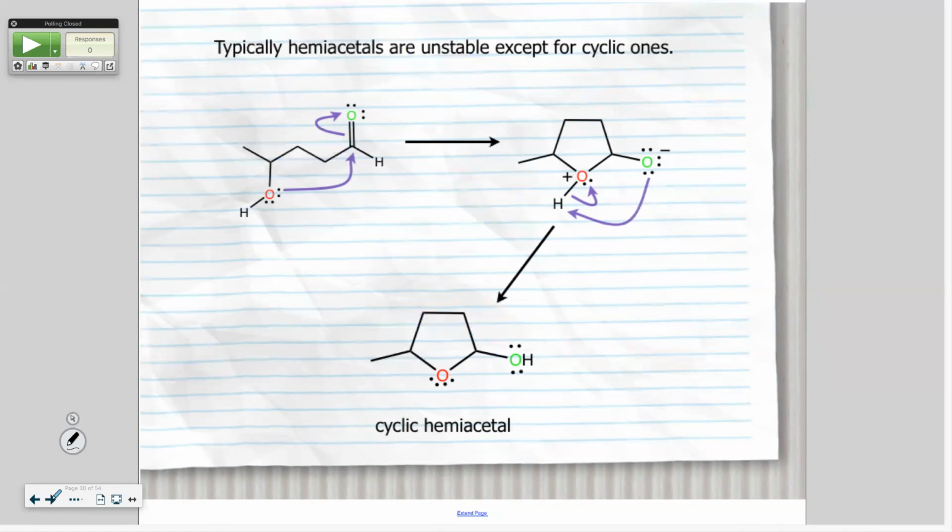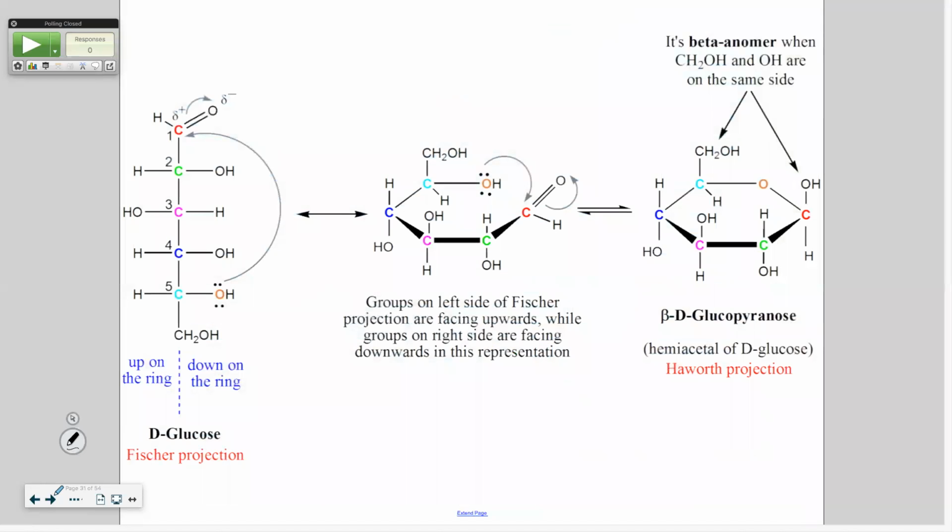Now where do you see these? Does anybody know? Does anybody study sugars? Any of your biology classes? Have you talked about glucose? Maybe. Okay. The sugars make hemiacetals. They have a straight chain form and they have a cyclic form. And all I'm going to do is show you glucose because that's kind of the basic one. But here is